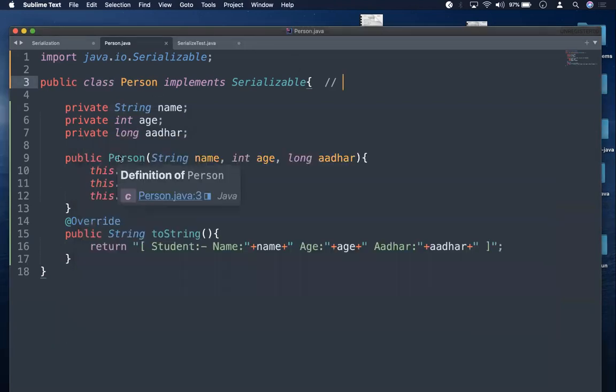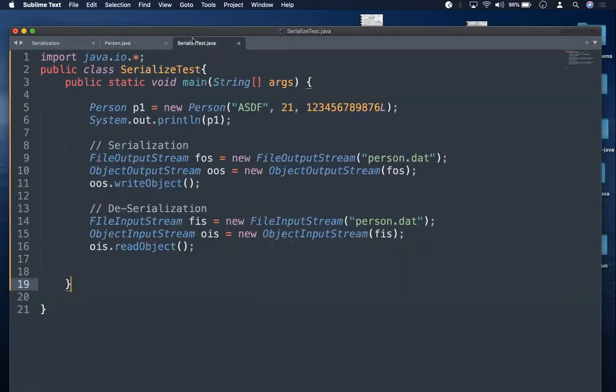So now my .class file is available and I can serialize this Person object. For that I require a main class. The name of the main class I kept as SerializeTest, because we're testing the serialization over here. I'm going to use so many IO classes here, so that's why java.io.*. And the first thing I'm doing is creating an object of Person, p1,